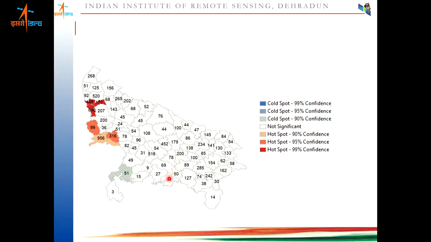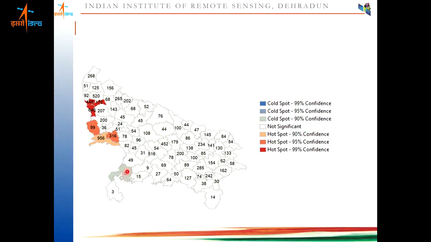They are not significant. As I told while explaining Getis-Ord Gi, to become a hotspot, a high value needs to be surrounded by high values. You can see here the value of this polygon is 452, but still it is non-significant because it is surrounded by lesser values. Next value is 54, which is very less compared to this 450, and this value is 44, very less compared to 450. So this is not coming as hotspot. Here 516, but the surrounding is having lesser values, so again this is not a hotspot.